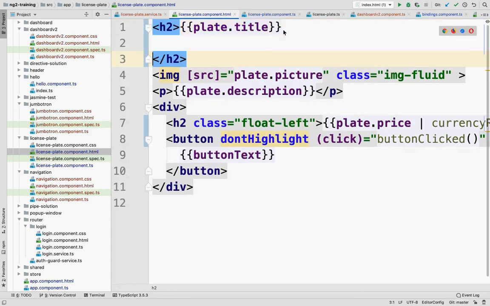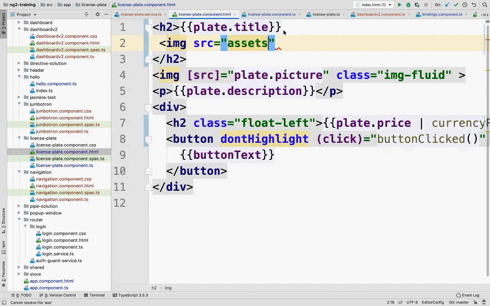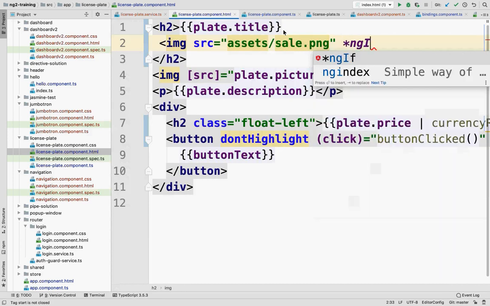So in my case, I just want to add an image here. As I mentioned earlier, I'm going to add that image. So img src, it's in asset/sale.png. And this is going to show up only when the plate is on sale.